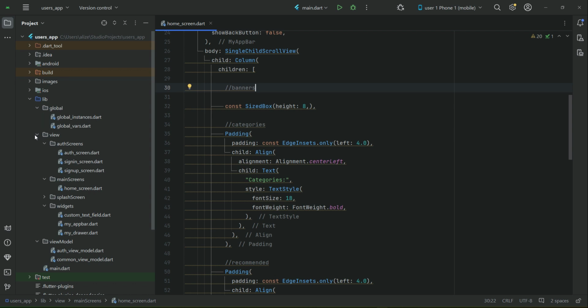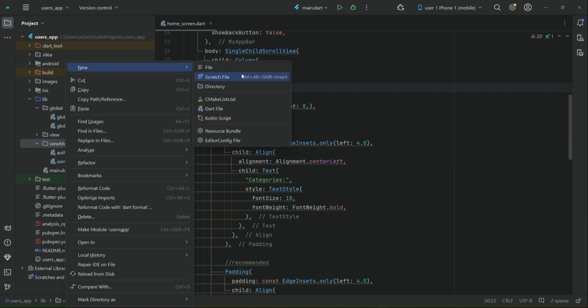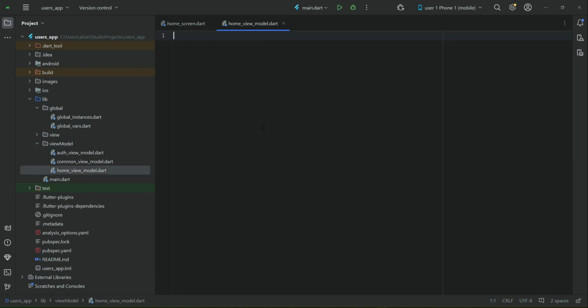Now let's start working on retrieving the banners from the database, that is, write the business logic for it. So we will go to the view model, and as you know, this is the home screen. For this we will have our own separate view model. Right click on view model, new dot file. Let's give it the name home view model. Let's create it quickly. Home view model,